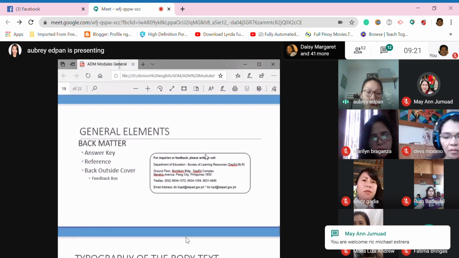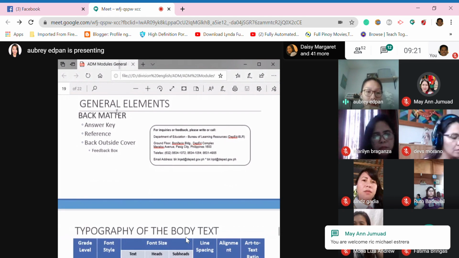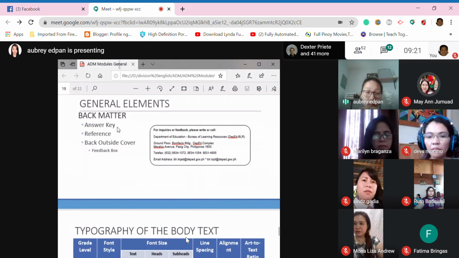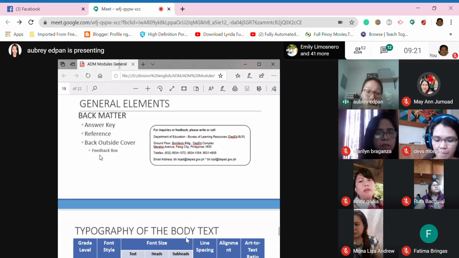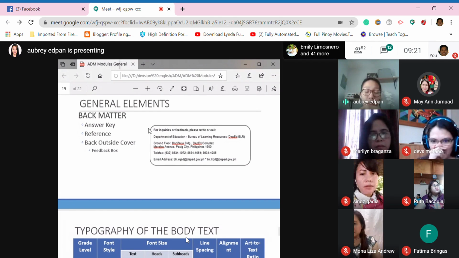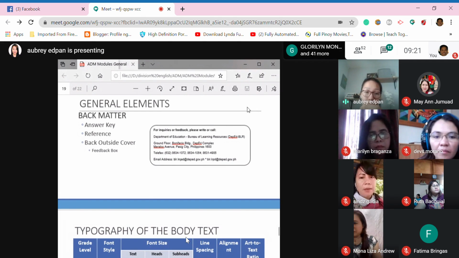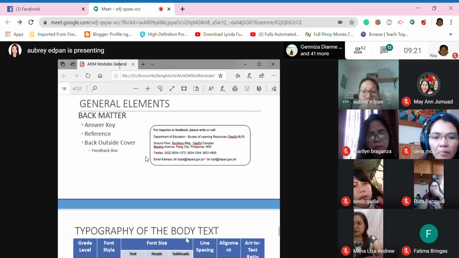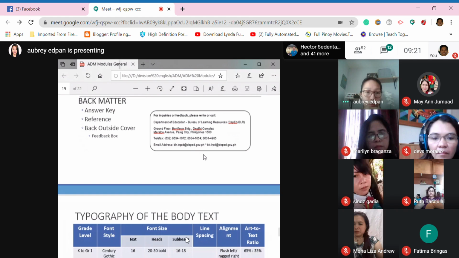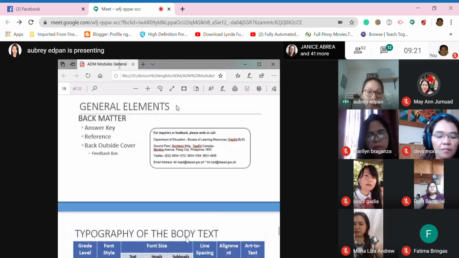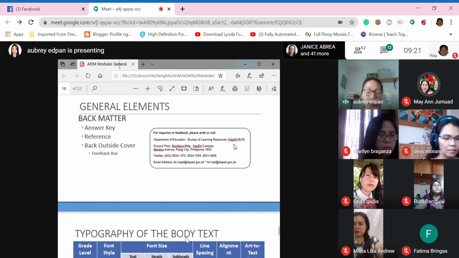For the back matter, we only have 3 parts, which includes the answer key, the reference, and the back outside cover, which includes the feedback box. So this feedback box is already provided in the sample template. We do not have to edit anything inside that box because all the entries are already provided. So we are done with the 3 main parts of the